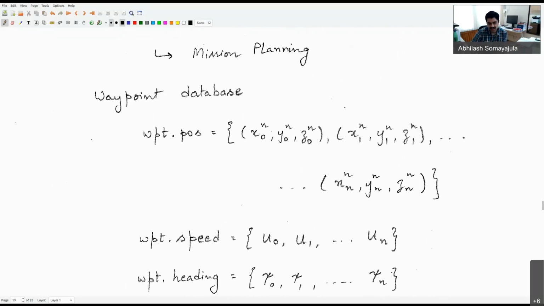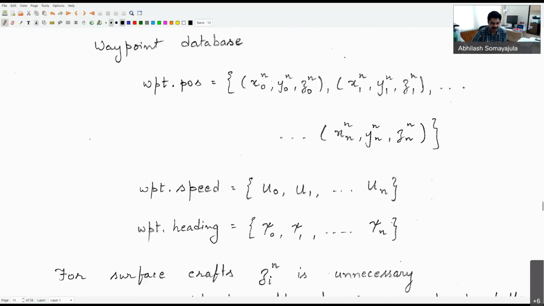When I look at a so-called waypoint database, I'm basically saying it's like a MATLAB data structure, to give you an example. I'm giving you that there are n plus 1 waypoints. So x0, y0, z0 is my starting point, and I'm going to xn, yn, zn as my ending point. For most surface applications, the z coordinate does not have a meaning, so you may only be interested in storing xy coordinates. But if you're looking at an underwater vehicle, then it might be important to actually include the z coordinate,